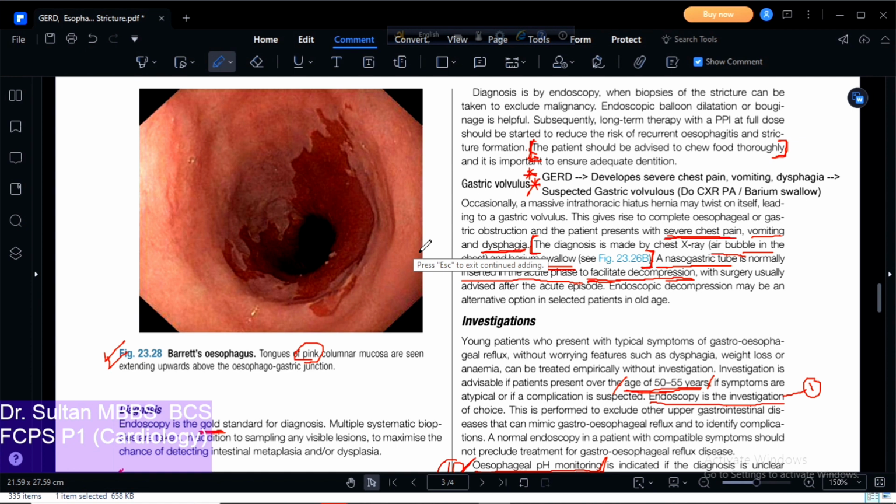If you do a chest x-ray, you can see air bubbles in the chest. If you see the air bubbles in the chest, your diagnosis is gastric volvulus. Okay,